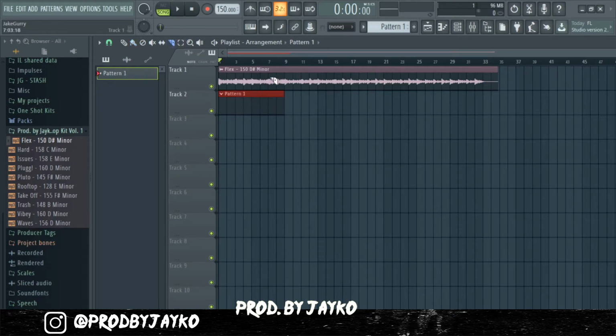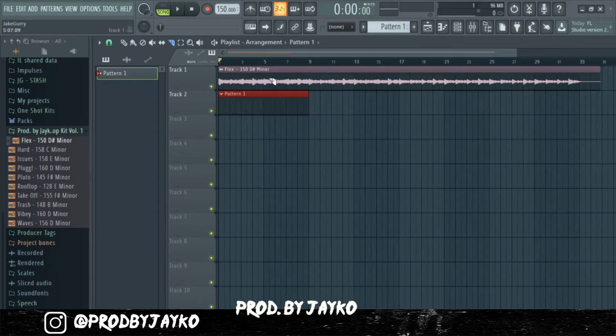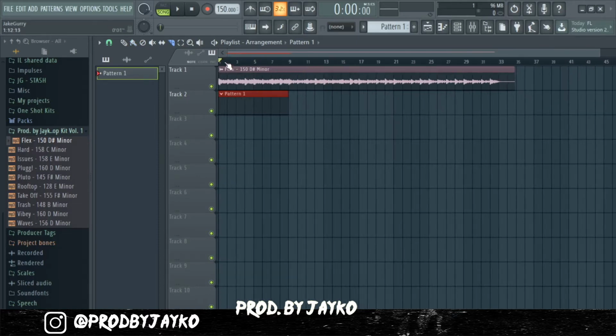The next step that I like to do is just chop up my loop. In loops, you'll usually have one section for 8 bars, and then the next section will have an instrument taken out of it or something. So just listen to this. You can see that the first section has all of the instruments, and then this section will probably not have all the instruments in it, and then this one, and so on. So you want to chop these up, and you can do this by selecting this tool right here